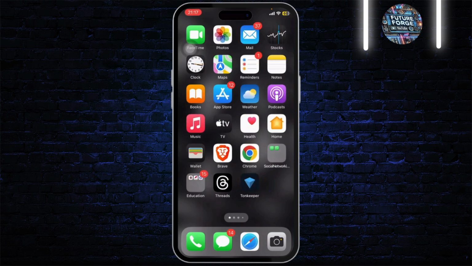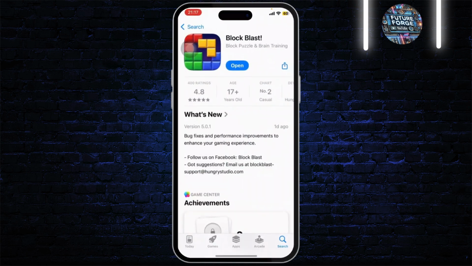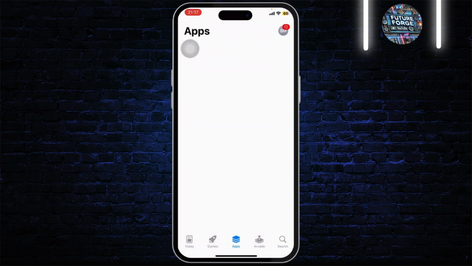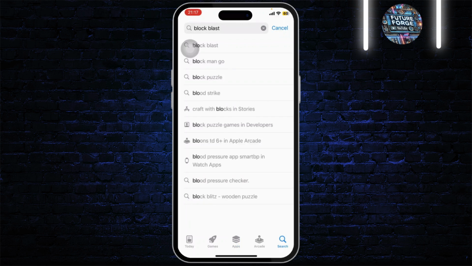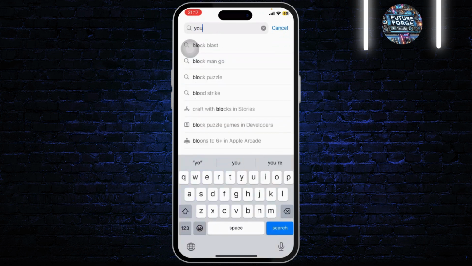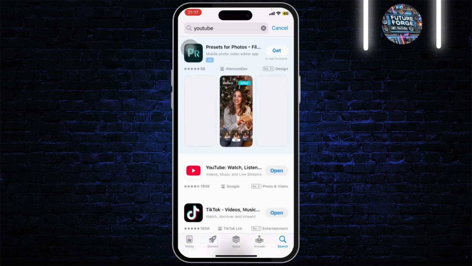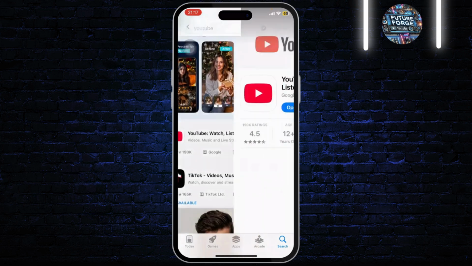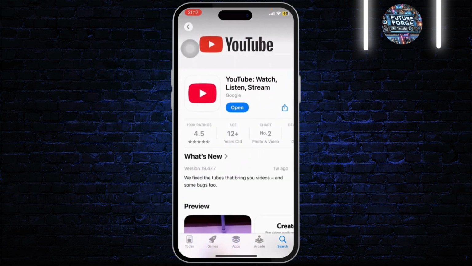So the first step you'll want to do is open up your App Store. After you open up your App Store, simply head over to the search bar on the bottom right. After you're there, what you'll need to do is search for YouTube. After you search for it, YouTube will just pop up. You will see the YouTube option, tap on it and open it up. Now, if there is an update option instead of the open option, you will need to tap on update to